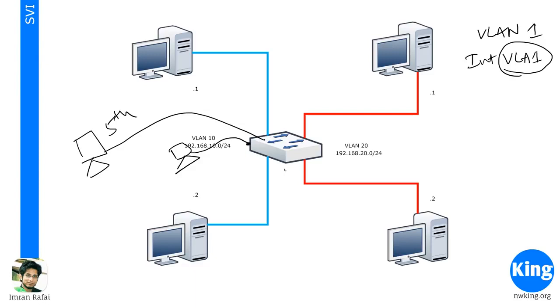But a switch being a layer 2 device, there is no IP address on the switch. There's no way you can go to each of those, let's say F0/1, and give an IP address, because a layer 2 switch cannot have an IP address on the interface, right? You cannot have an interface IP address on a switch. How do you solve this problem? That is where we create a virtual interface for VLAN 1. So that's a virtual interface, right? And we give an IP address to this virtual interface,